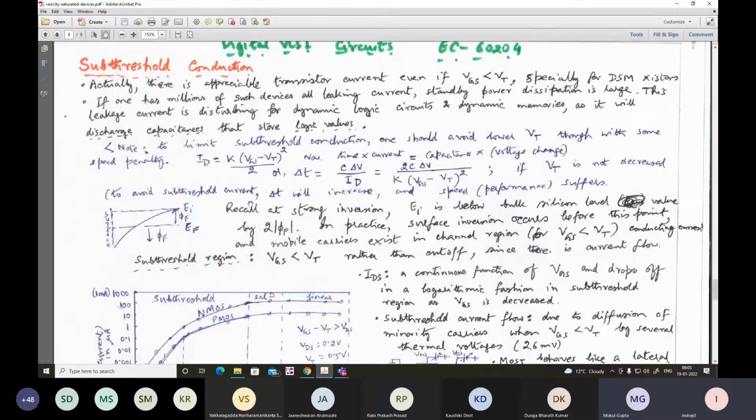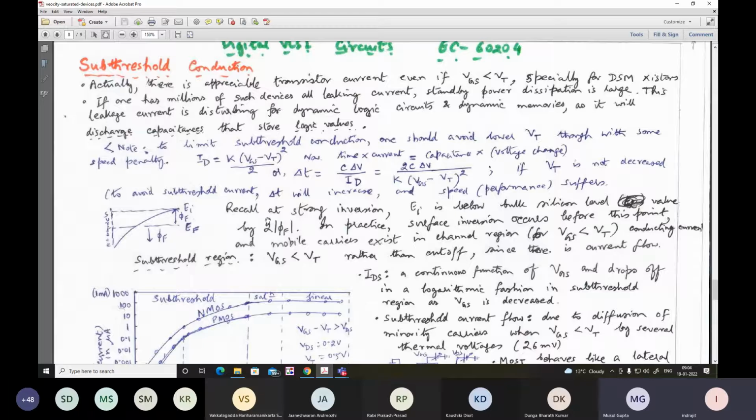So that is called delay power trade-off. Now, what do we mean by subthreshold conduction? That means at threshold strong inversion, we know that at the surface it becomes strongly inverted, meaning the surface band bending here is equal to 2φ, and this is equal to 2φ in the depth, whatever it is. So here the channel is as much N type as is P type in the bulk that we saw earlier. But this subthreshold conduction happens even in weak inversion.